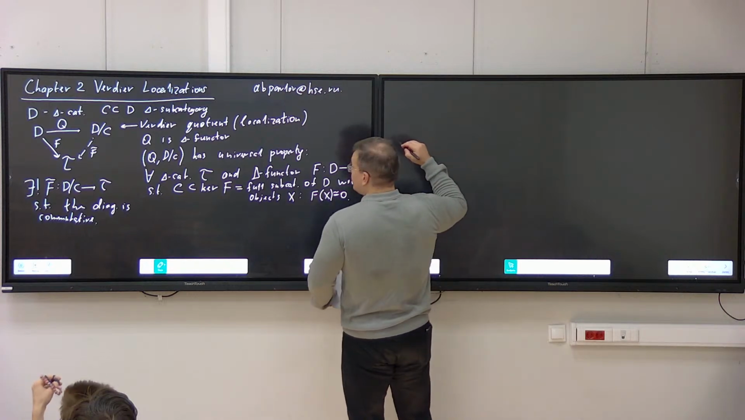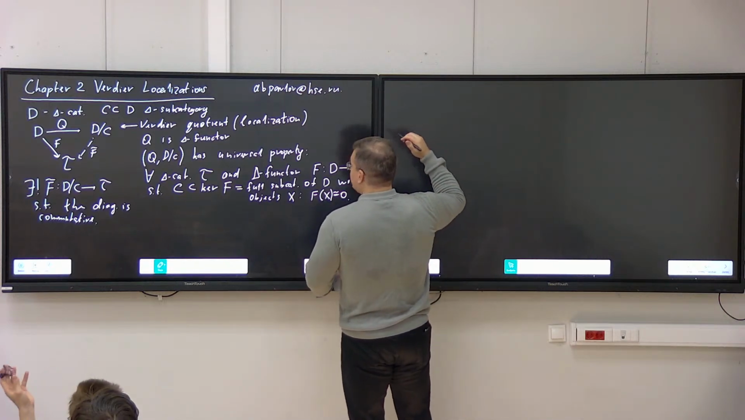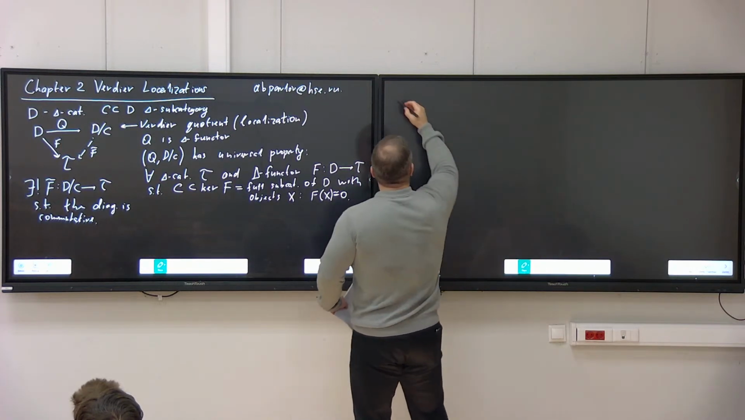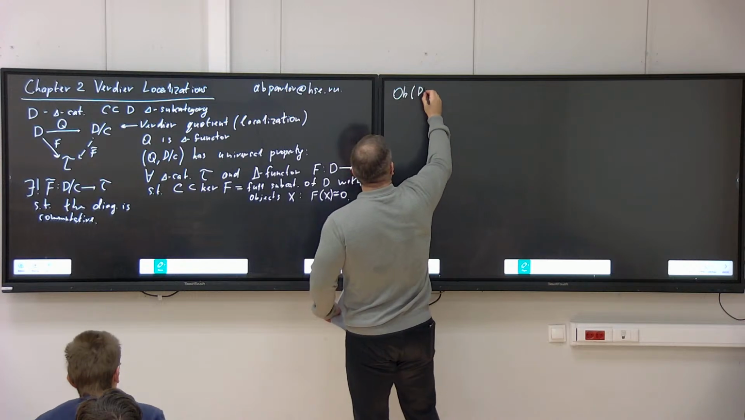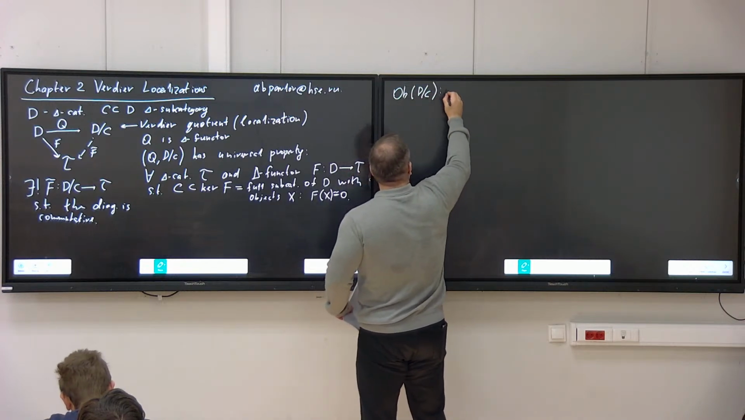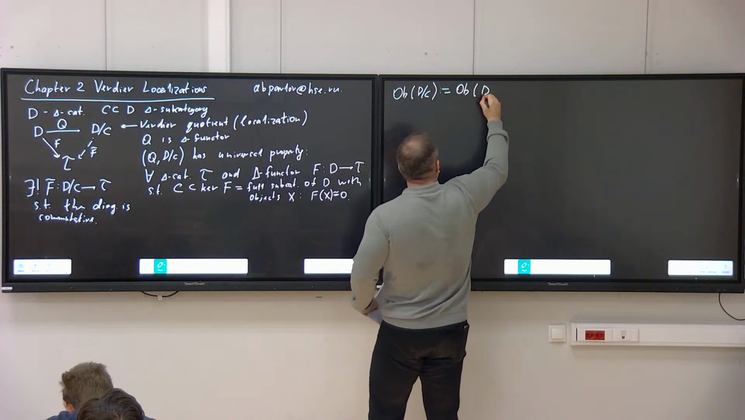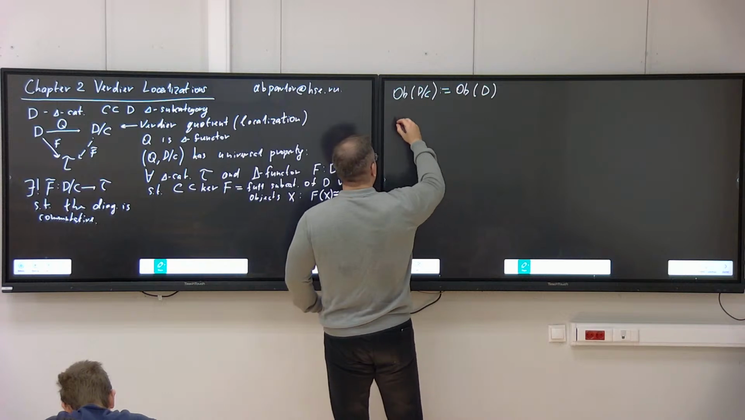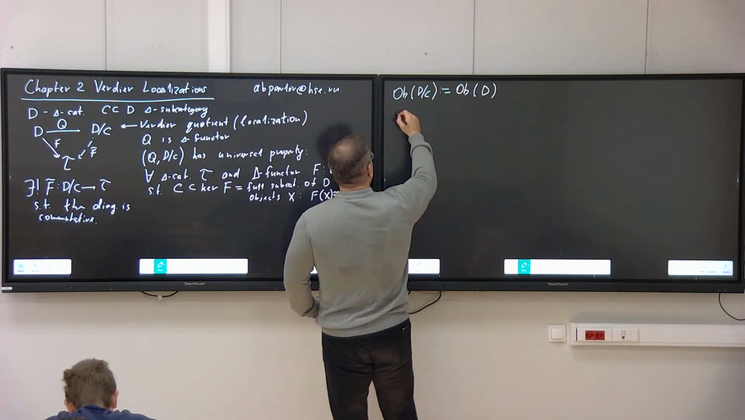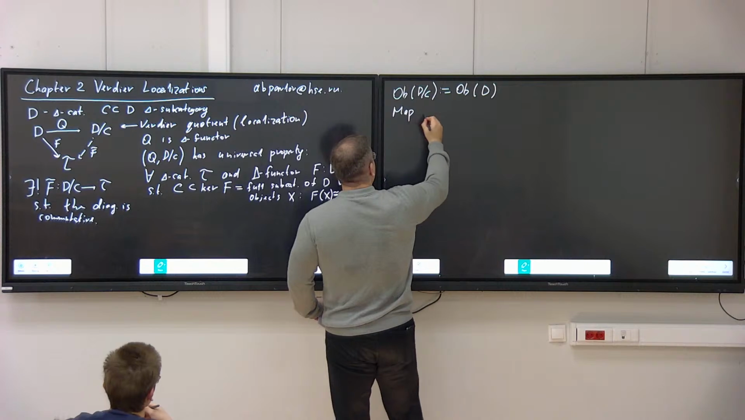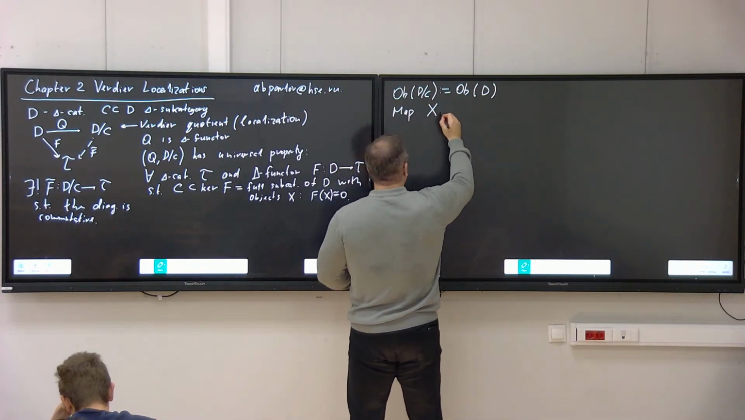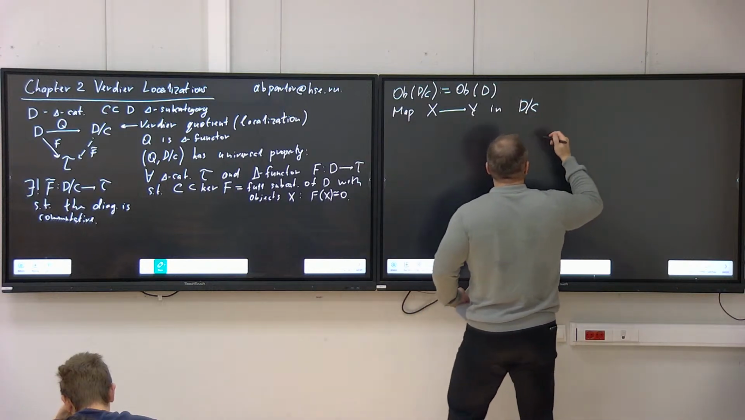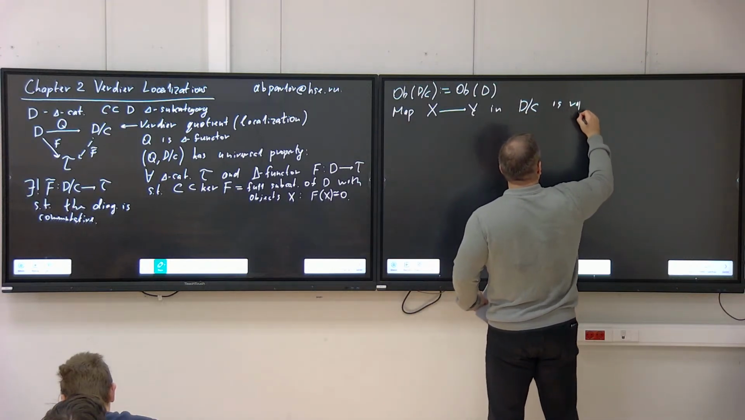Okay, so let's define this category. Let's start with objects. So the objects in the quotient D mod C are by definition the same as objects in the category D. So the objects are always the same. But the maps are different. So if I want to take a map, say from X to Y, but in the category D mod C, such a map is represented